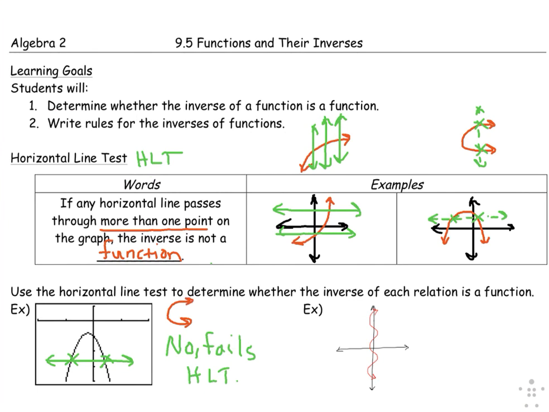It would now be a horizontal parabola, and with the function immediately in front of you, if you want to know if it is a function, it must pass the vertical line test,